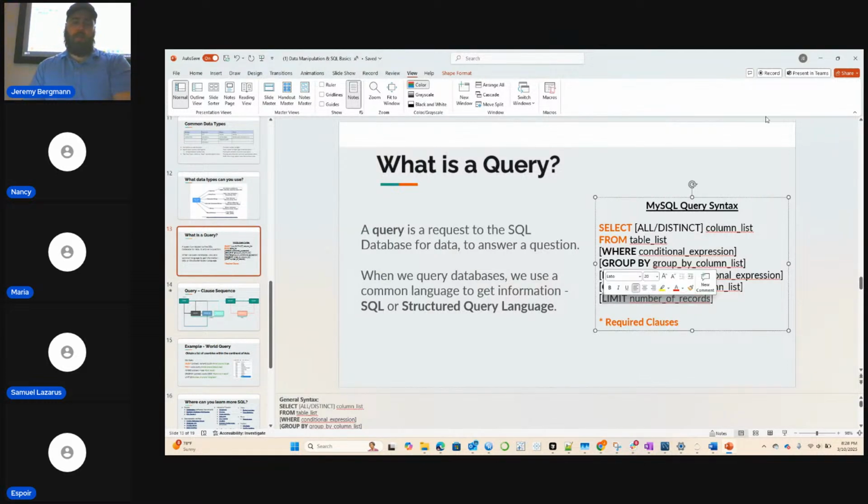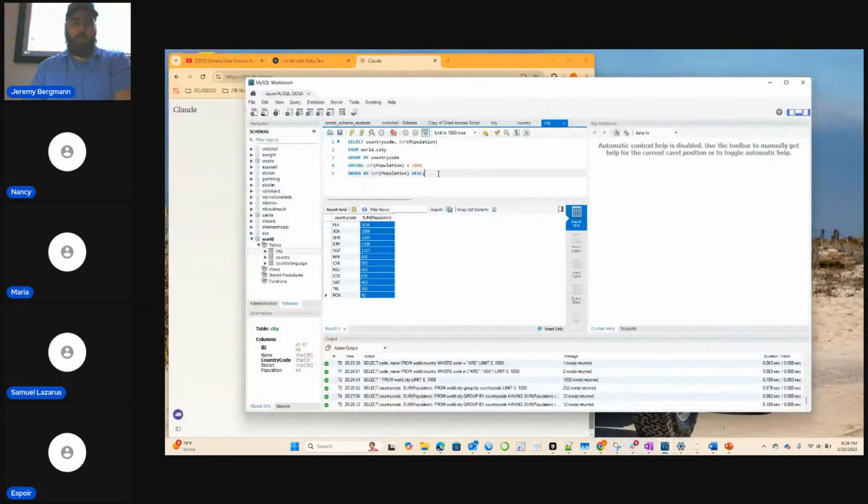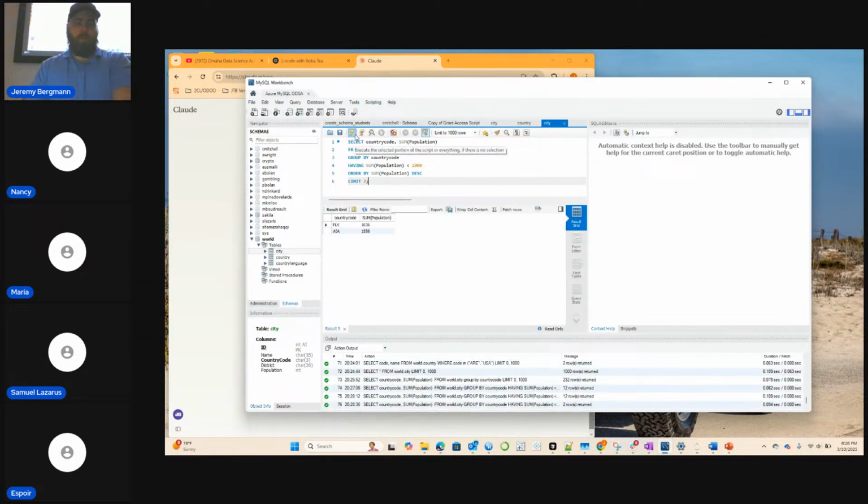LIMIT would be, if you only wanted to return 2 of these records for whatever reason, do LIMIT 2. Then it only returns the first 2. I use this sometimes when the table's huge and I just want the first 100 instead of taking 10 minutes to load the entire table. It takes just fractions of a second to load the top 100 records. I just want to see what data is in this table and what it looks like.